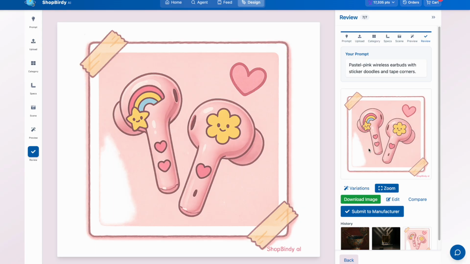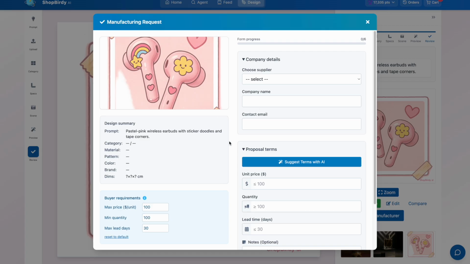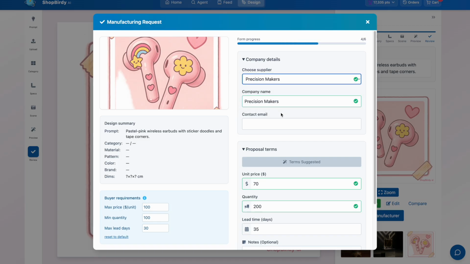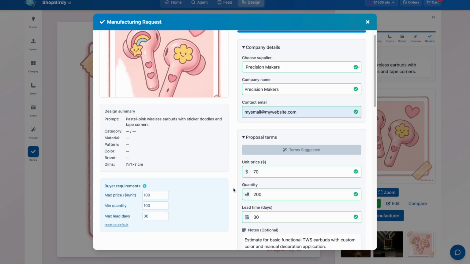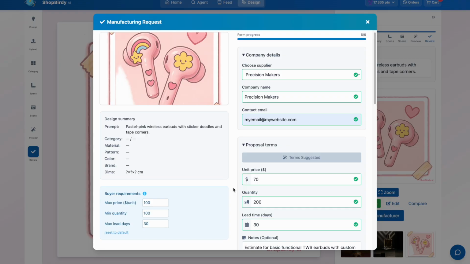I'm calling it the product designer feature. It does integrate with our manufacturing request form. So if we wanted to actually build this product, we could pass this order through to the manufacturer and have it be built for us. So again, I'm trying to incorporate all the different parties in the end-to-end supply chain process. So whether you're on the manufacturing side, the product and design side, the branding side, or the marketing side,